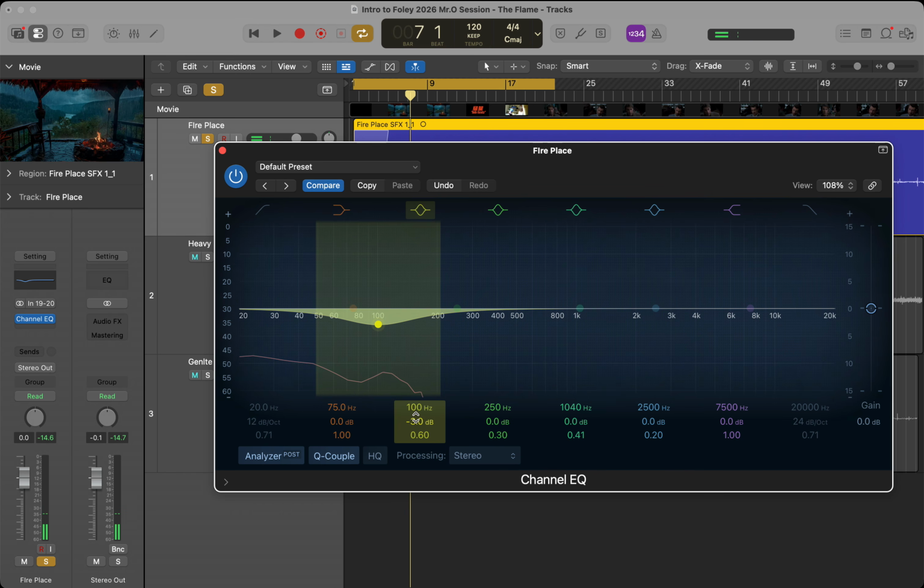It's still there, but it's not as prominent. Actually, here's an idea. Let's zero this out. Let's open up the high pass filter. Okay. And let's roll off, or let's filter out